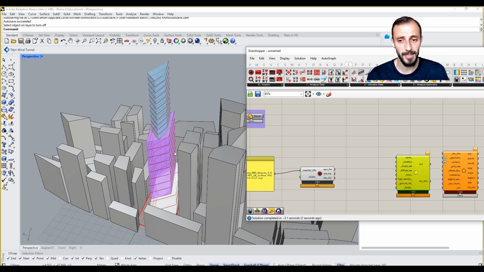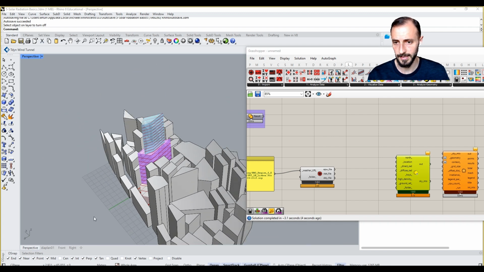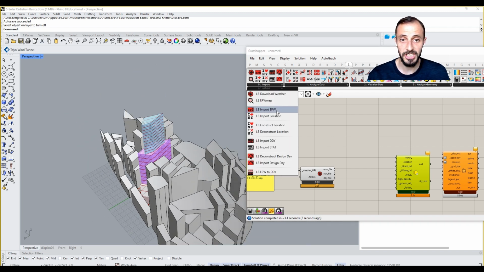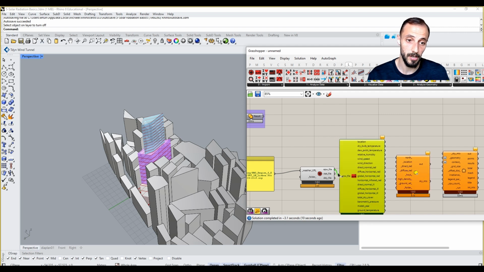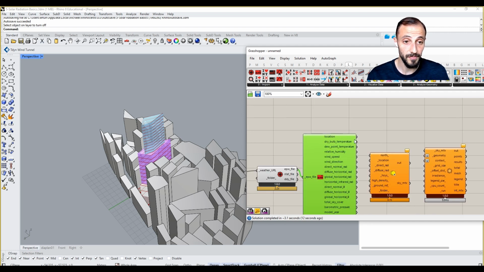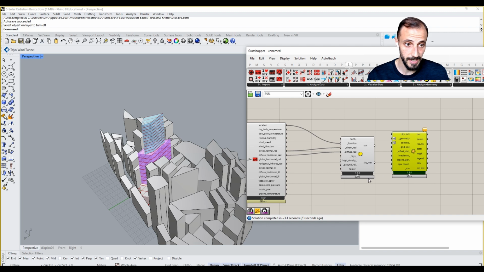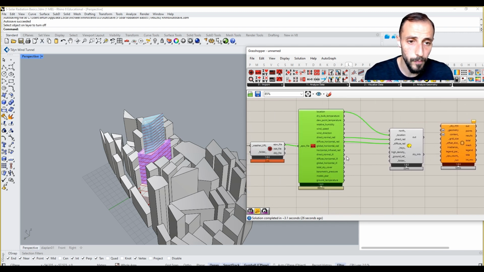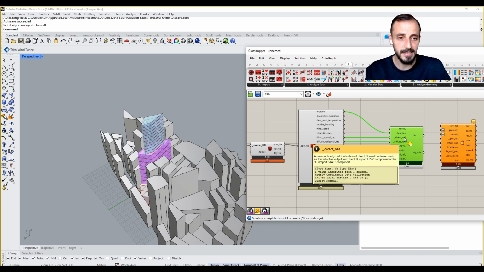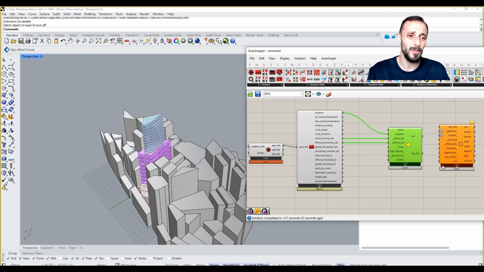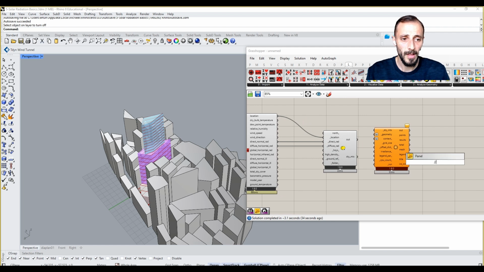We need the north. Let's say we have the north as our north, this direction, that's fine. And for location and radiation information, we have to import our EPW file, sorry, EPW file. So putting the location in, direct normal radiation, diffuse radiation, and we need to put OIS for this. But one thing to be careful about here, if we want to have an optimized location, what we probably want to have is the beneficial or good sun